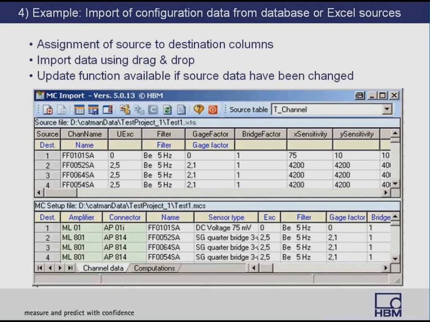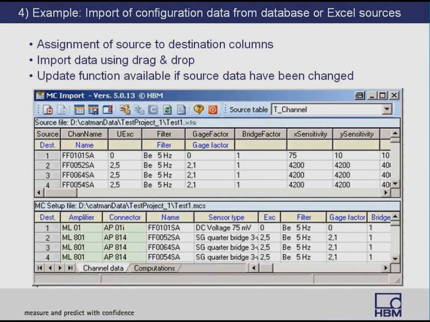Usually that data is stored in an Excel file, the sensor data together with the TID number. And that Excel file, in this slide, you can see in the upper part of the split window below, in the screenshot, you can see in the upper part the Excel data, and in the lower part the data of the data acquisition system. Now you can define each column that has to be imported to the data acquisition database, and